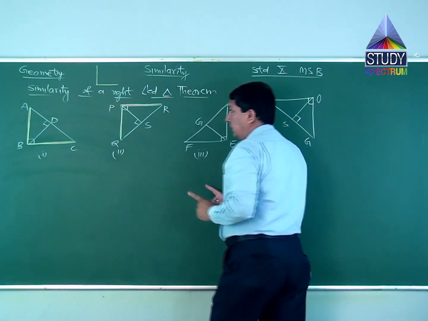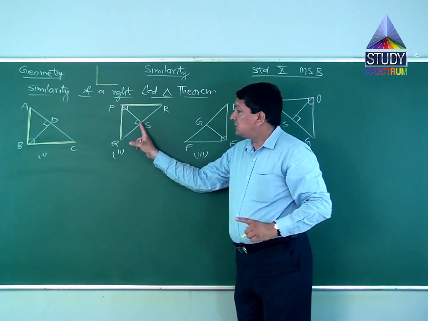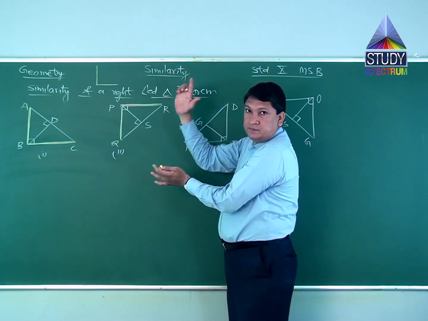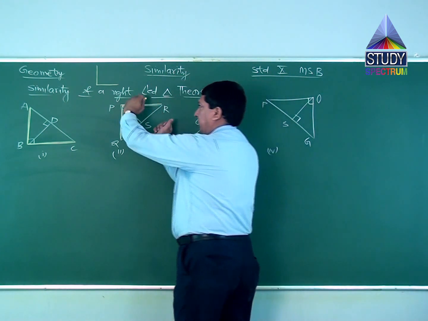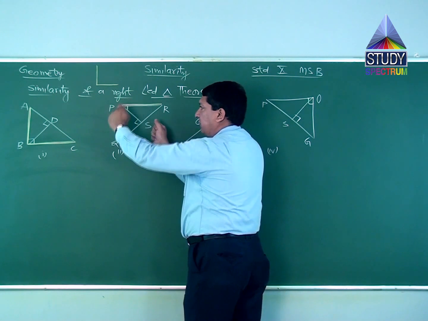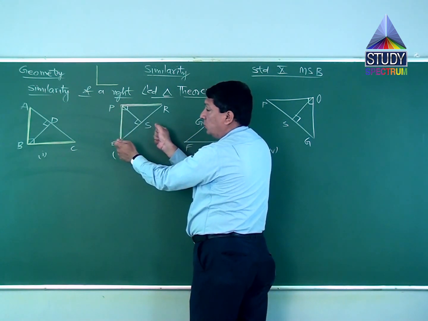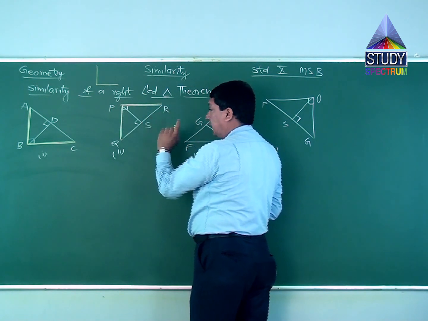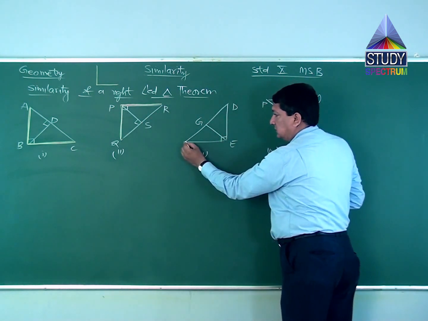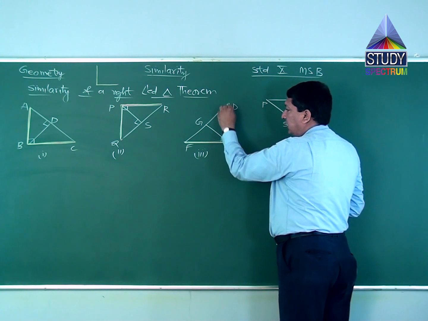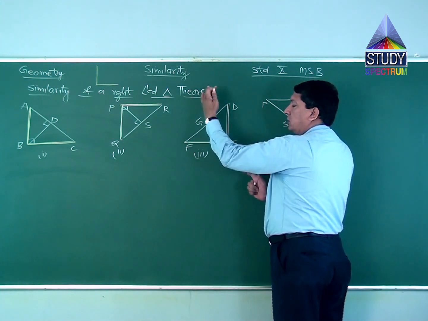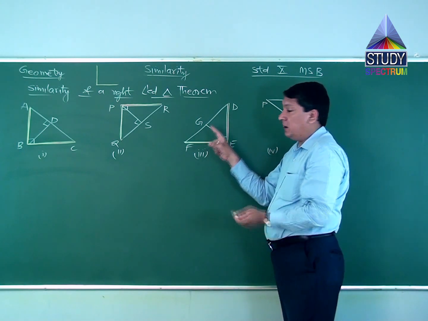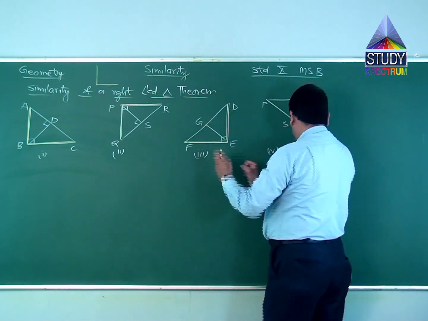Now if I want to look at this in a proper L, vertex R will go up. Say for example, if I remove this triangle from here and put it this way to make it like L, vertex R will go up. Right? In the third case, vertex F will go up to make it L. There is only one condition by which you can make this figure an L. Vertex F will go up.